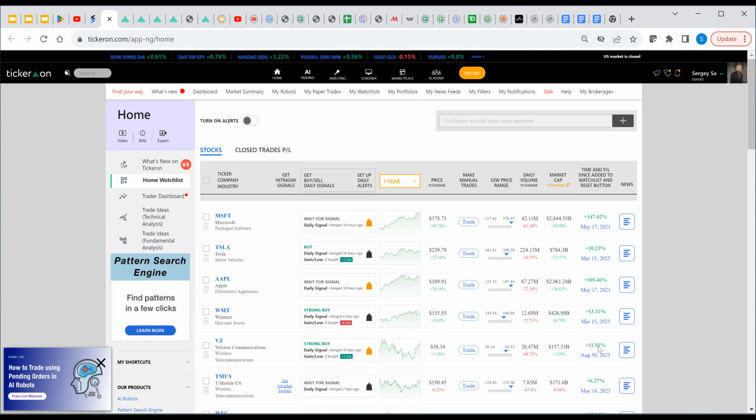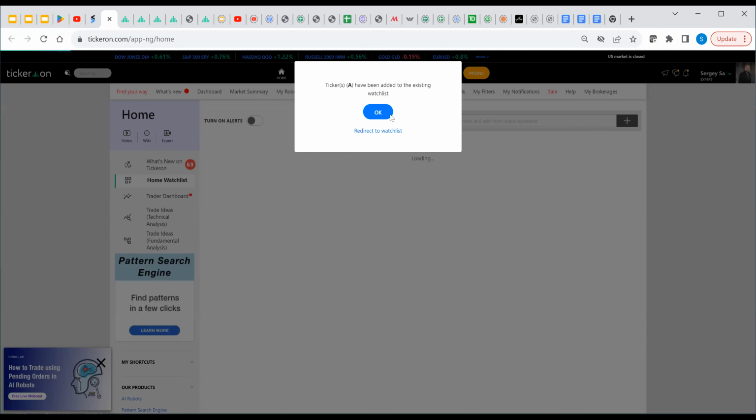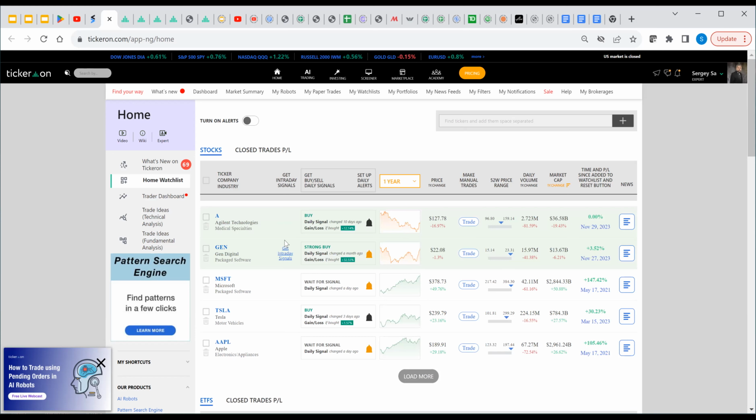So that's a really convenient column where you can add whatever stocks you want to the list, and that way, boom, you have it added. And then what you see in this column is our recommendation. I think I added that one before, and this is Agilent, and the signal is buy, strong buy. If you see some percentages here, that means it's been good for the period when it was 10 days ago, here was a month ago, and it's still a strong buy, okay? Now,